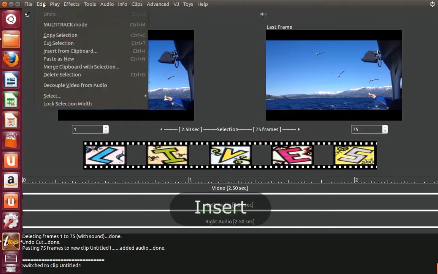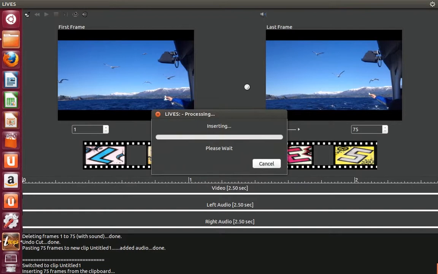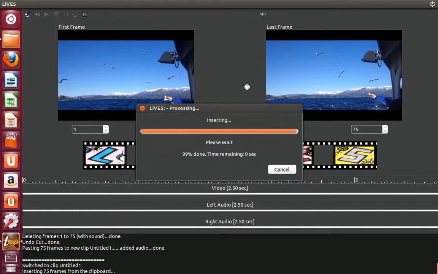Insert copies the frames from the clipboard and inserts them into the current clip. You can select whether to insert before or after the current selection and the number of frames to insert. Before inserting, of course, you can change to another clip. If the target clip has audio, then the option Insert to Fit Audio can be checked. In this case, enough copies of the clipboard will be inserted so that the video continues until the exact end